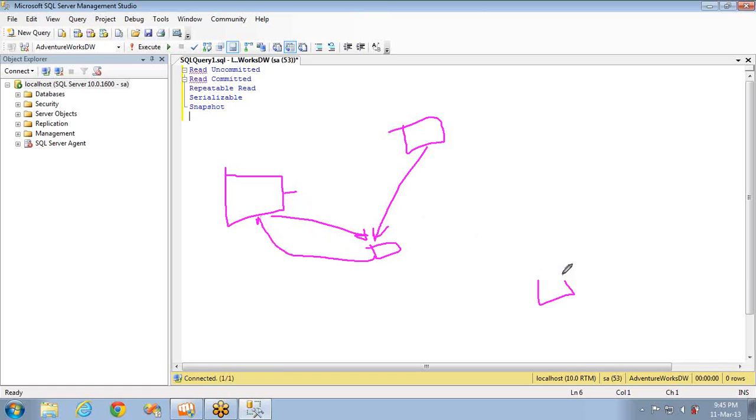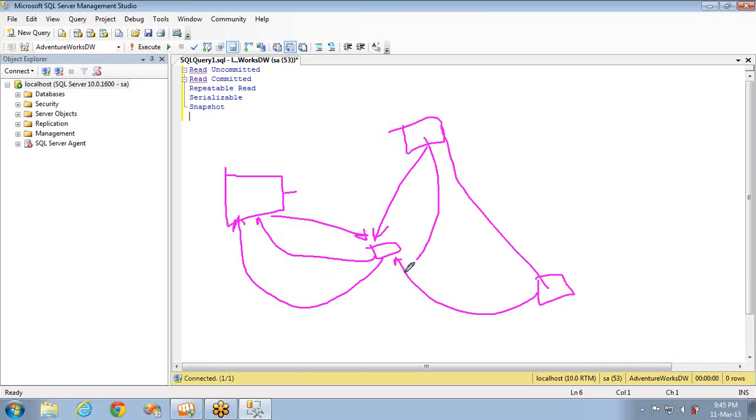Now the third transaction can come into the picture, or the same transaction again, and it can insert or modify the data. Now, if it reads the data, it will be a different set. Why? Because it was updated by transaction 3, or the same transaction can update the data again and again. They can execute the same queries.